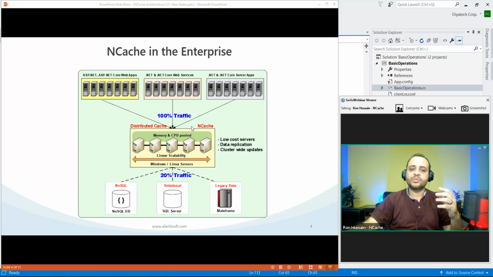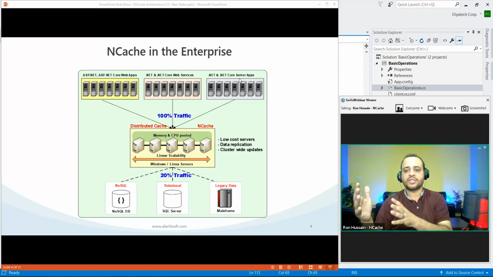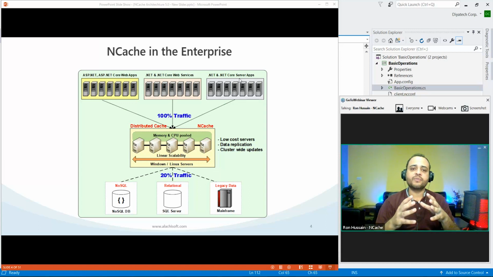The idea here is that you cache whatever data you most frequently use inside your applications. It could be reference data or transactional data. By reference, I mean data which is more read intensive, and by transactional, I mean data which is read as well as write intensive. And once you know what data to cache, you can call that data your working set, and for the first time you retrieve that data from the database, and then you also add it inside NCache, and subsequent calls can be handled through NCache only, and you save expensive trips to the